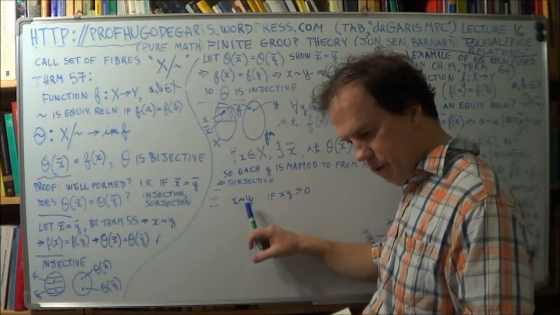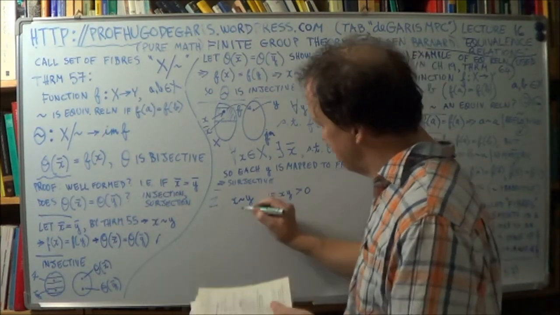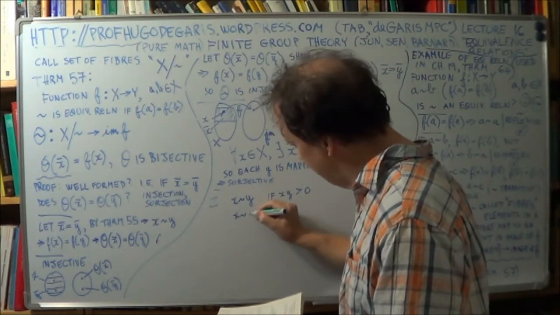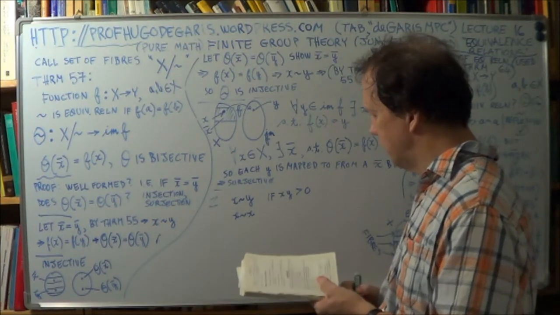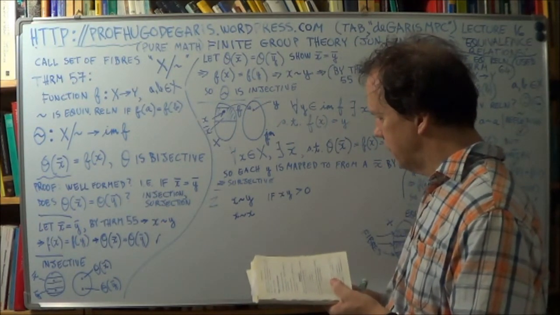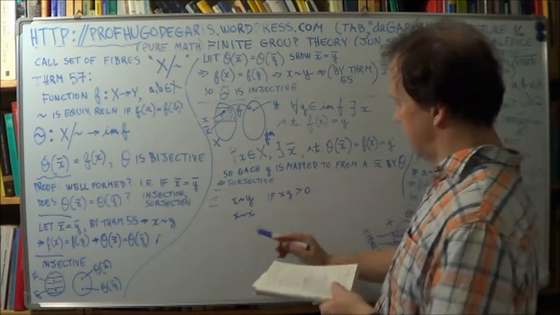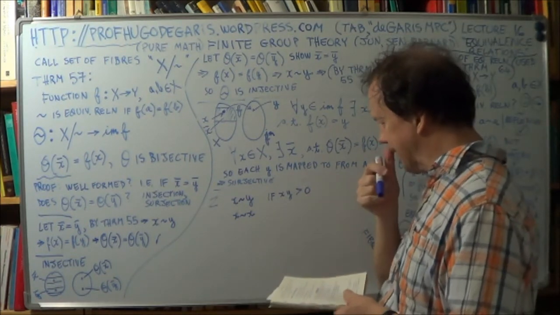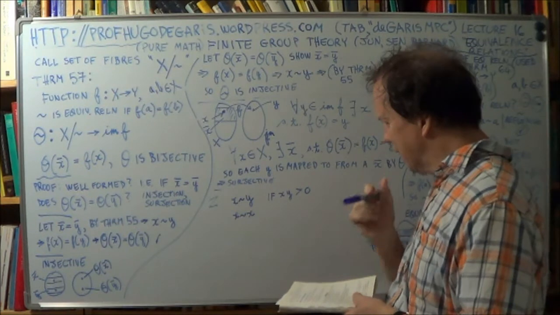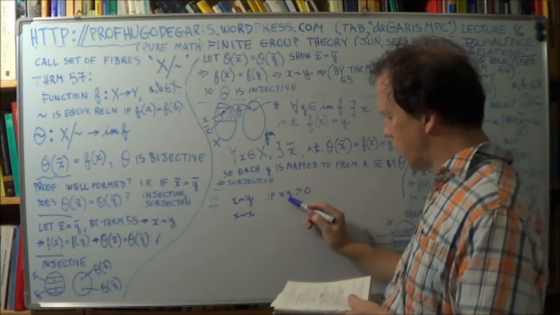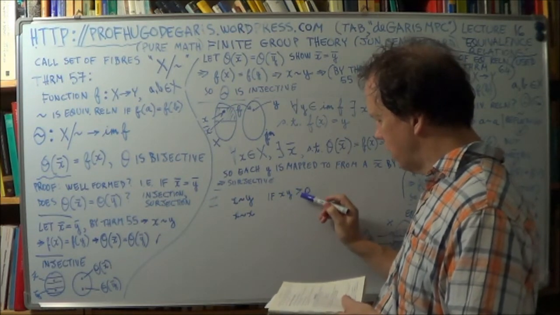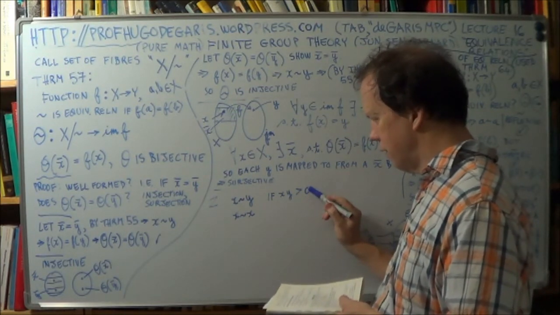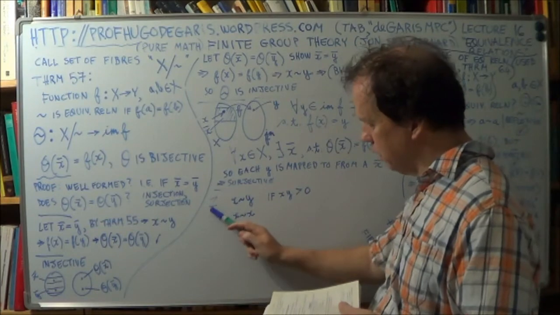So we have to go through those 3 steps. How about reflexive? Is x equivalent to x? Well, that means you've got an x here, so you've got x squared, and so you've got to have x squared greater than 0. But look, my set is